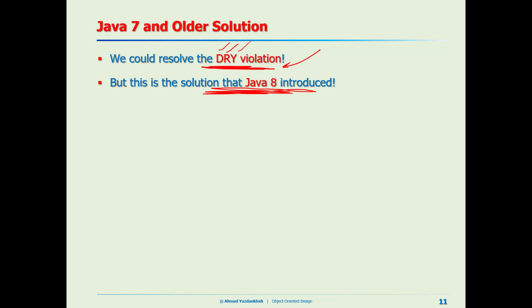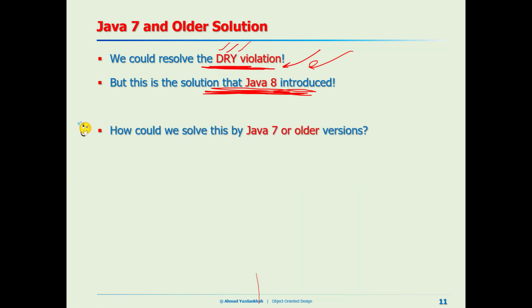The ingredients of the interfaces were only abstract methods and also constants, all right? So Java 8 added this feature that we can have implemented methods. Now the question is, if this is the case, how did developers solve this problem with Java 7 or older,